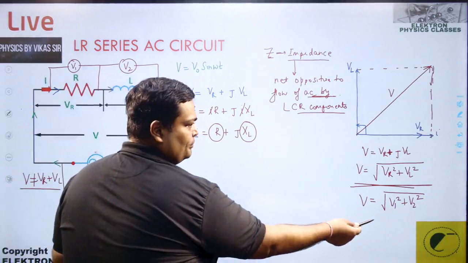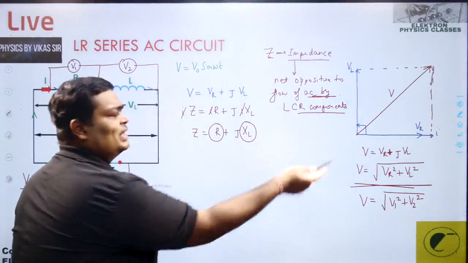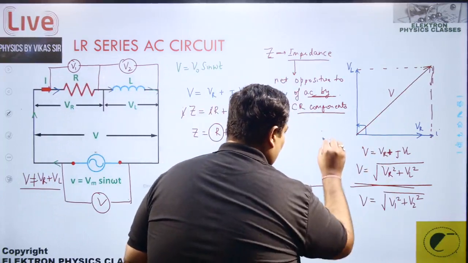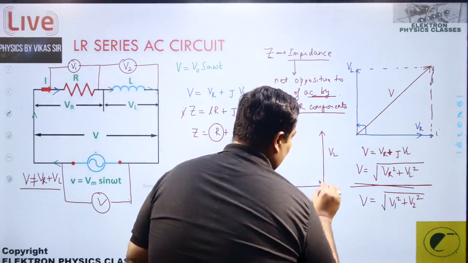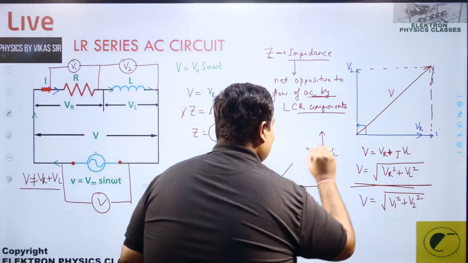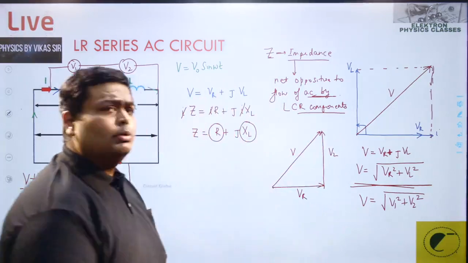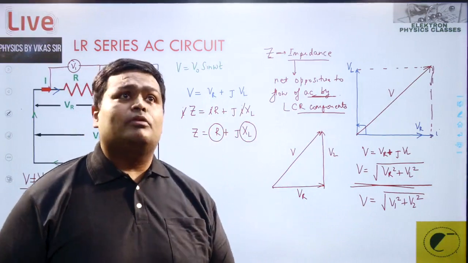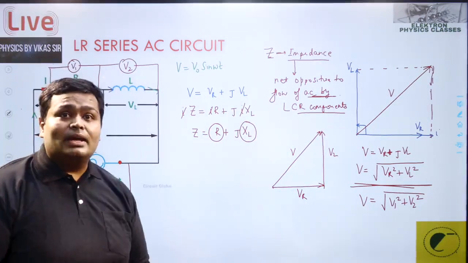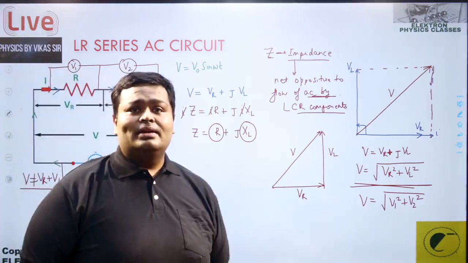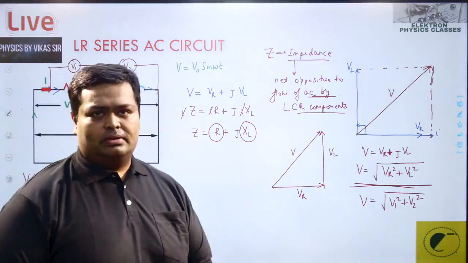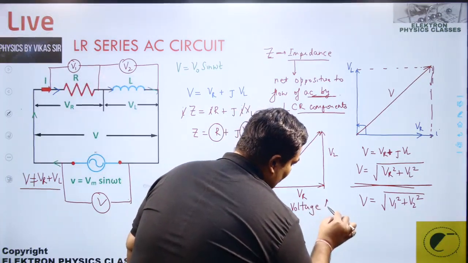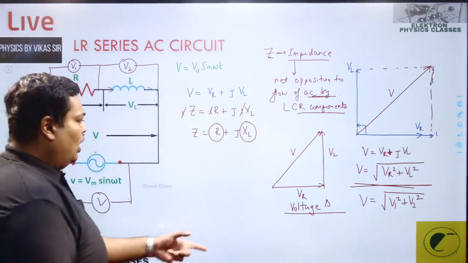सो यहां से Z कैसे लिखेंगे बेटा? जैसे ये लिखा, ये कहां आएगा? X पे, ये कहां पे? Y पे. सीधे भी लिख सकते हो यहां से. ये बना क्या देखो, ये साइड क्या है? VL, ये साइड क्या है? VR, और ये क्या है? V. सर ये तो वेक्टर की तरह बना दिया, मैंने तो बोला था टेंसर है, वेक्टर की तरह बिहेव कर सकता है वोल्टेज. अब कोई पूछे, बताओगे सर वोल्टेज तो स्केलर होती है, पोटेंशियल तो स्केलर होता है, करंट तो स्केलर होता है, टेंसर होता है. टेंसर, what is this? That's a voltage triangle. It's a voltage triangle.